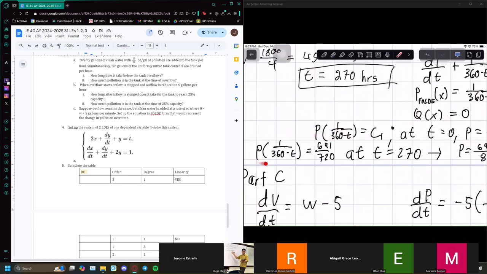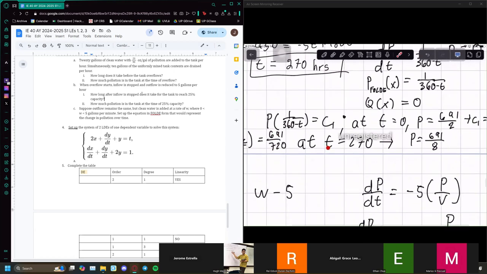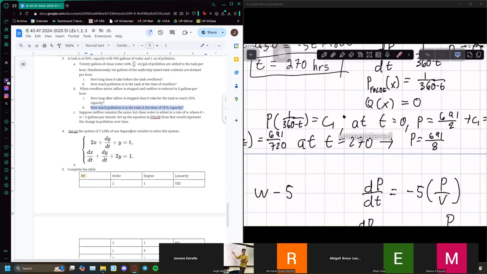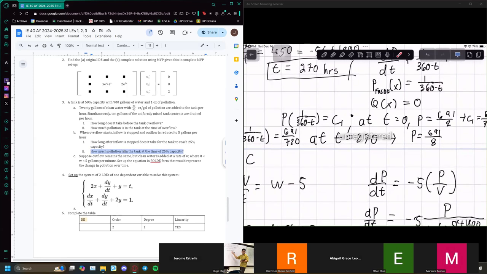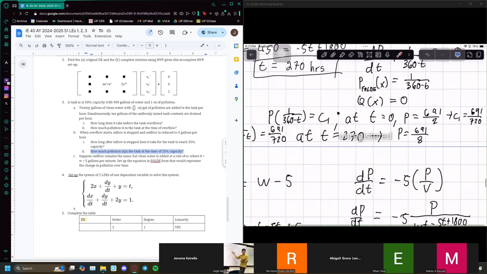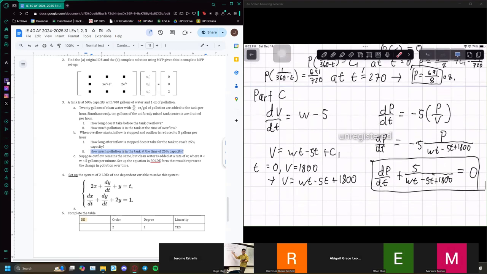So if you want to solve for P at any time t, just put in t into this: P times 1 over 360 minus t equals 691 over 720. So at time 270 hours, which is the time of 25% capacity, which is being asked for here, you can plug it in and then you solve it. You should get 691 over 8 ounces. And then part C,